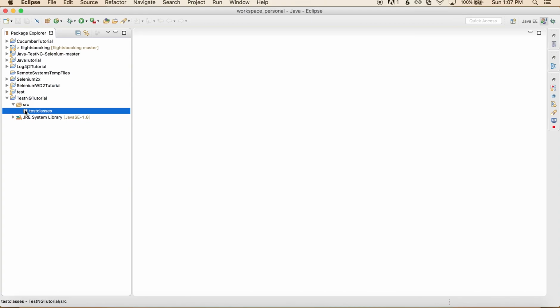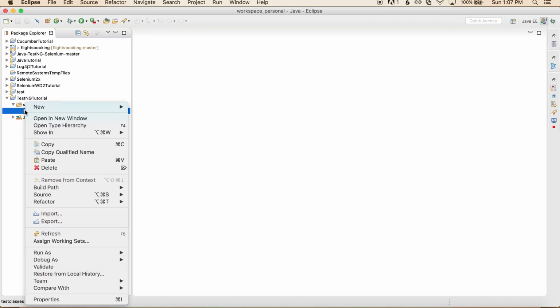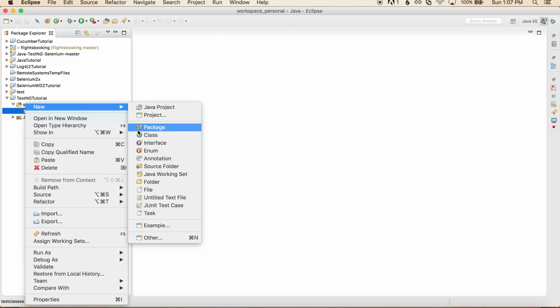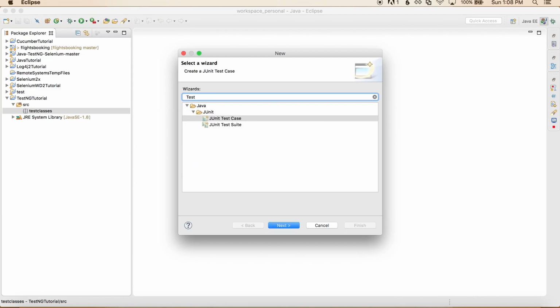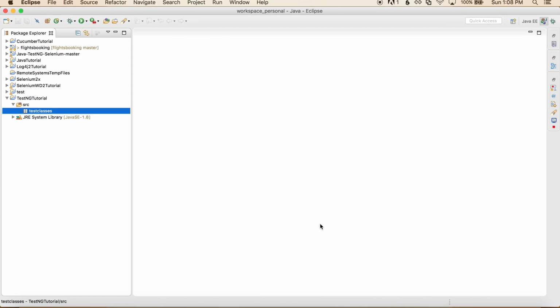Now inside it we can create classes. So let's right click, New, and we can click on Class, but we don't want to do that. We can click on Other, and let's try to search test. But right now it shows JUnit because JUnit kind of comes by default, and we don't want that. So what I want here is to create TestNG classes, and after installing the TestNG plugin, these things become really easy because I want to show you one thing real quick.